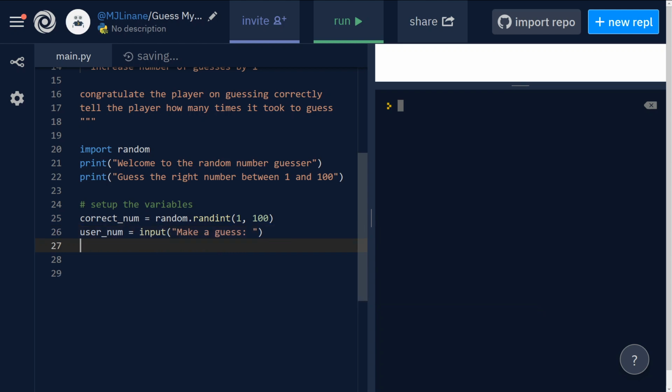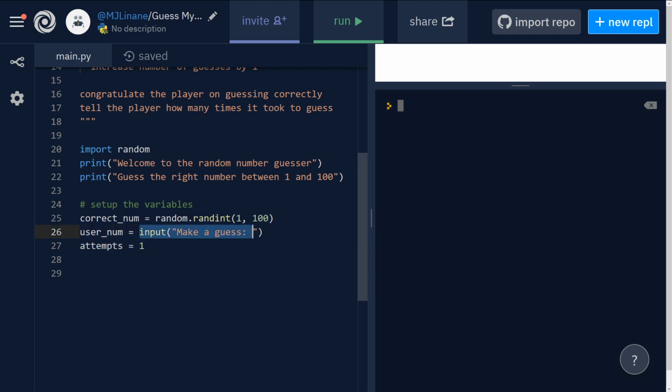All right, and then we can do tries equal 1. Okay, so actually we'll do attempts. Okay, attempts. For user number though, notice that we have user number equals input, make a guess, and